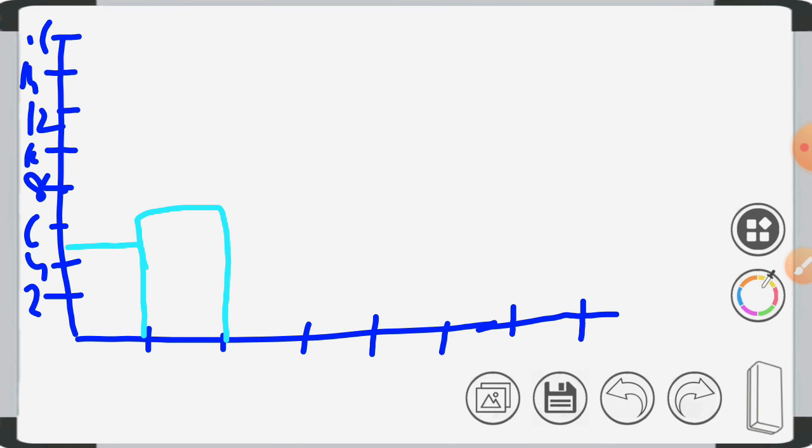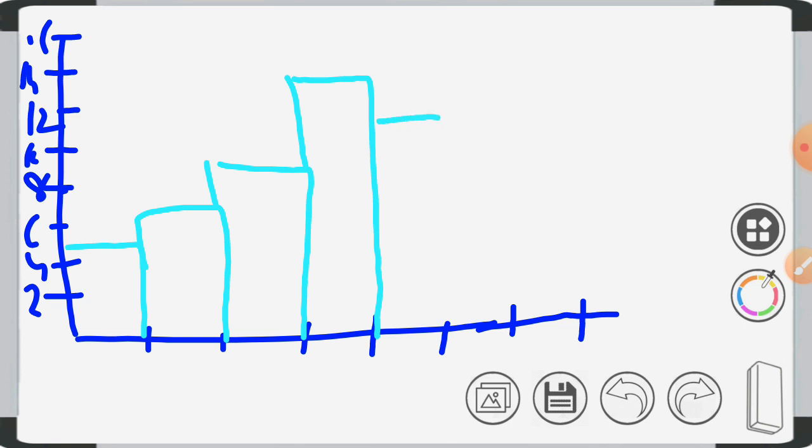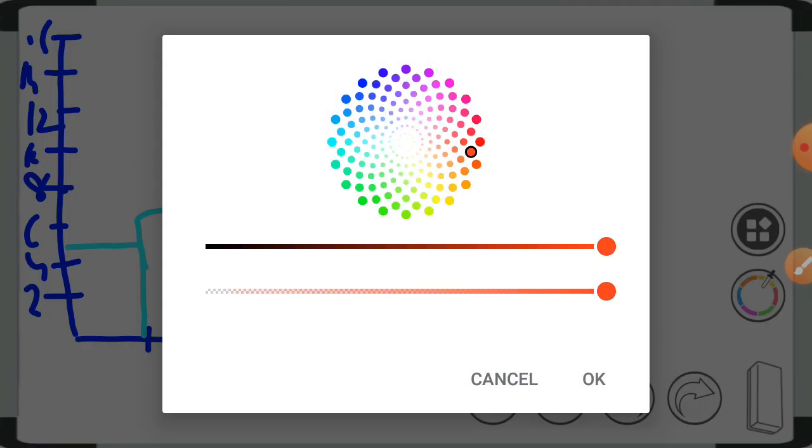20 to 30, it's 10, then 30 to 40, it's 15. Then 40 to 50, how much? 13. Then 50 to 60, it's 10. Okay, and 60 to 70, it's 6. Okay, so what is the histogram? So here now we can